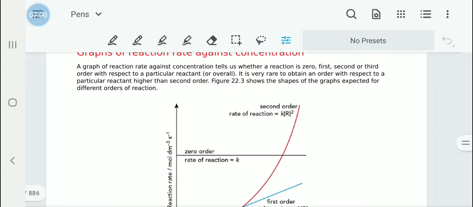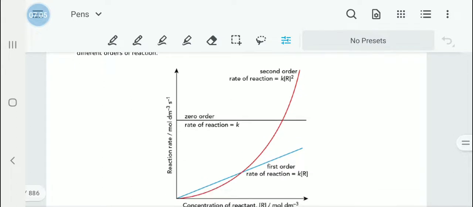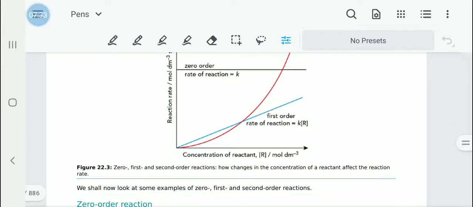When this graph is plotted, depending on the order of the reaction, we will get one of the below 3 curves. Draw this graph. After that, pause the video, draw it, and then underneath that write: